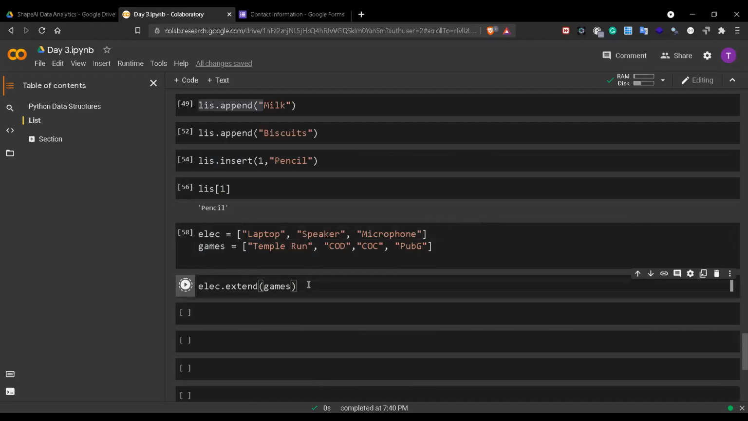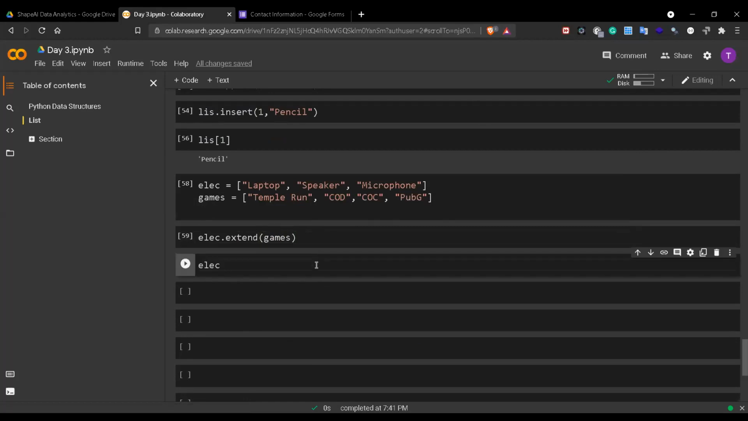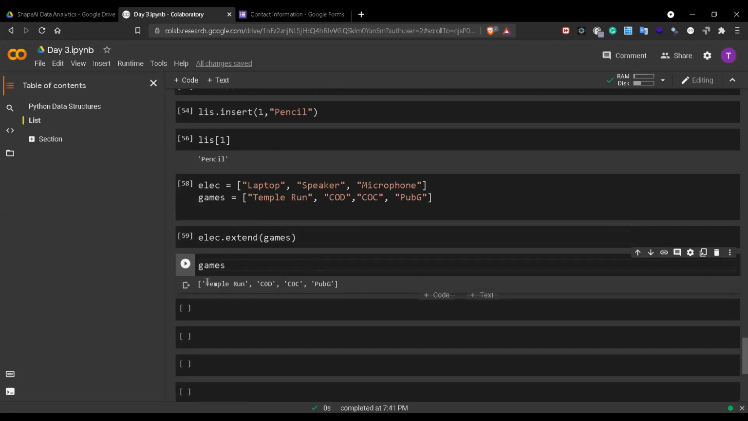When I run this, let me run games first. Now if I run games, let's see what the output is going to be. The output will remain the same, right? Earlier the value of this one was this, and now it is this. So nothing changes. But now if I say ELEC, if I'm calling my mom's list,